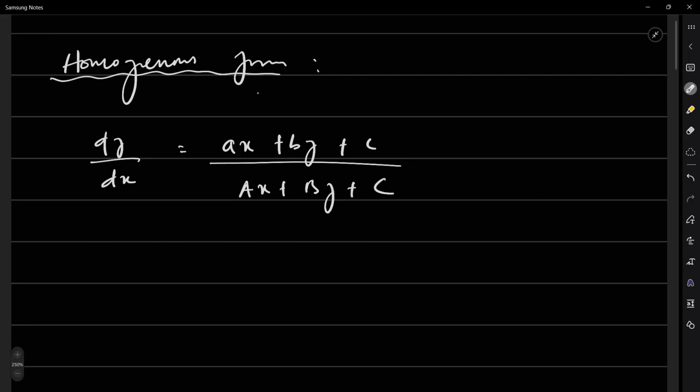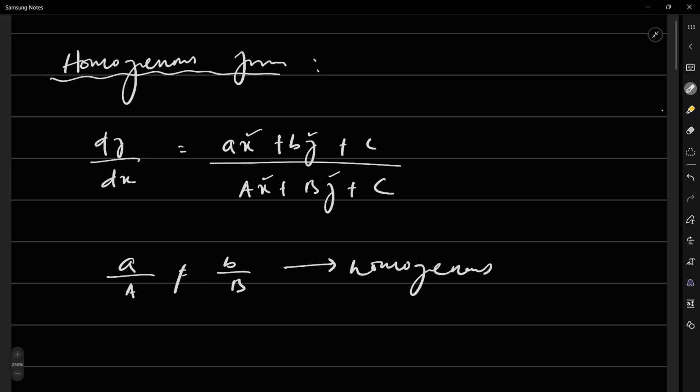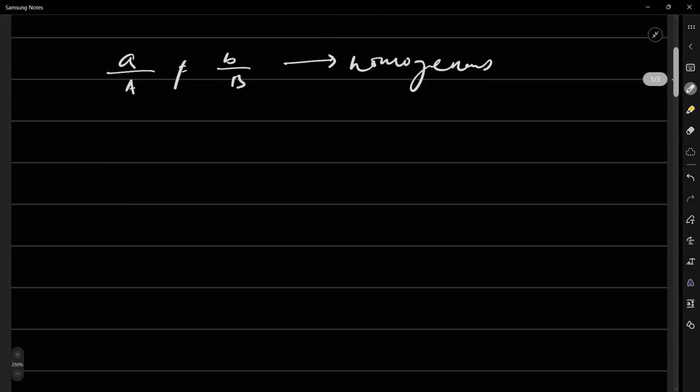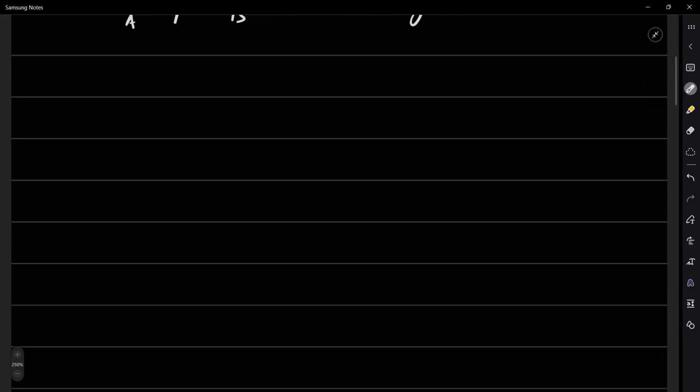And the power of the x and the power of y are equal. Otherwise we cannot make a solution out of them. And if small a by capital A is not equal to small b by capital B, then we can proceed with the homogeneous method. So this is the first condition we have to follow to make a solution of the homogeneous method. So if this happens, that small a by capital A is not equal to small b by capital B, we